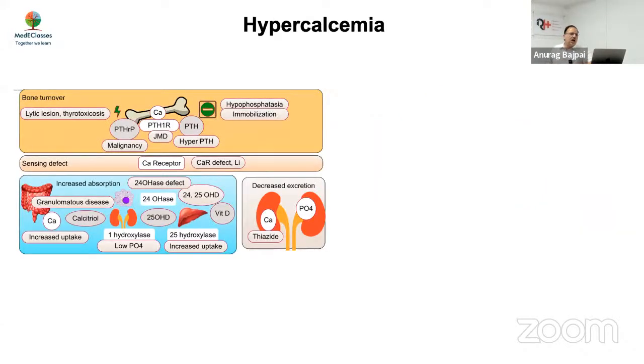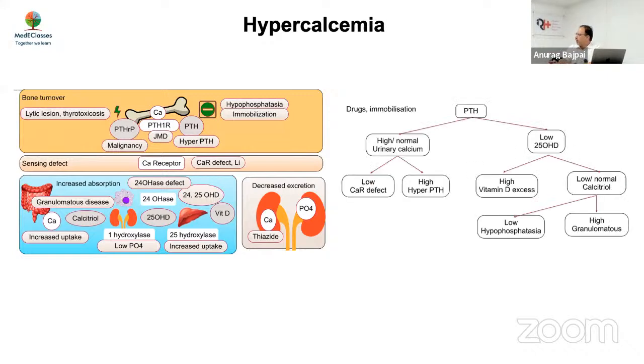So over the next hour or so, we're going to focus on the practical aspects of pathophysiology of hypercalcemia, evaluation,